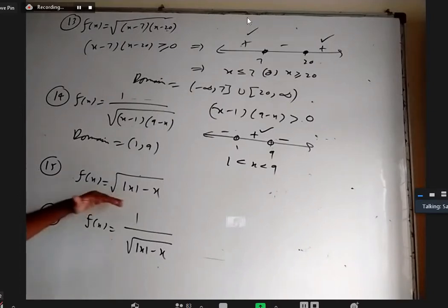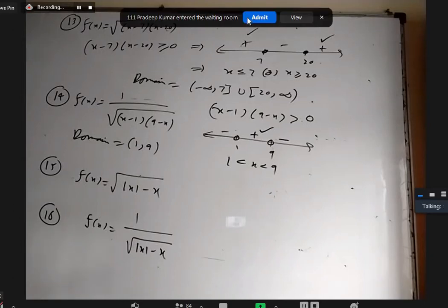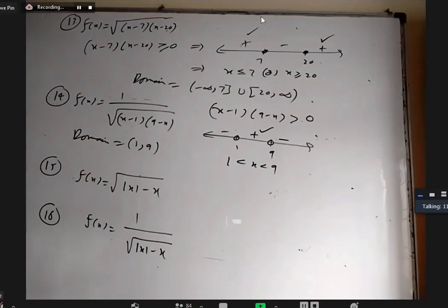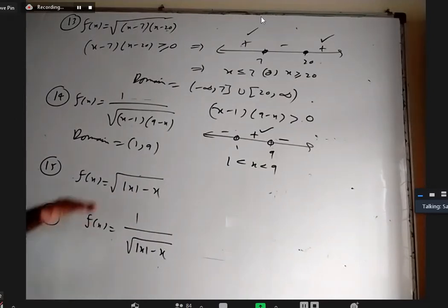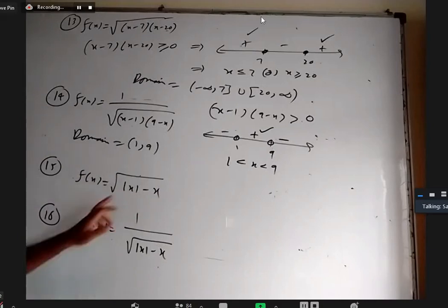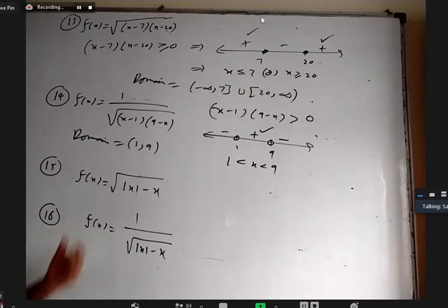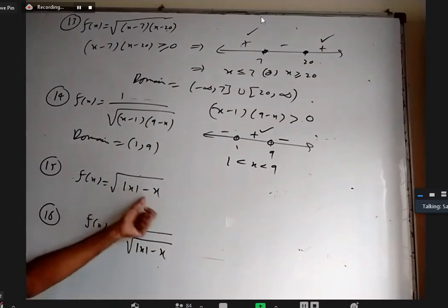Okay, 15th one. Anybody want to tell any other answer? Sir, minus infinity to 0, closed interval. Sir, all real numbers. If I take, let's say, 9 and substitute here, root over 9 minus 9, root 0 is defined, right? So you take any positive number, it becomes 0. If you substitute 0, it becomes 0. If you substitute a negative number, not an issue. Let's say I substitute minus 5. This will become plus 5, this will become 5 minus 5, it will be 10.